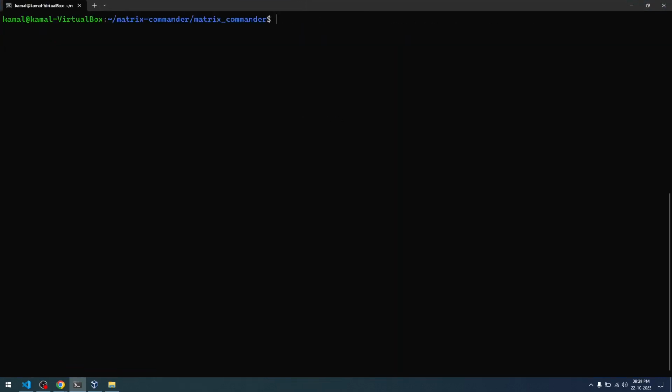We are in the terminal right now, inside the matrix commander folder. In this folder, I am going to execute matrix_commander.py. This is one of the scripts that I'm going to use, and the first question I'm going to ask is: who am I? The moment I ask this question, the reply comes that it is at kamal